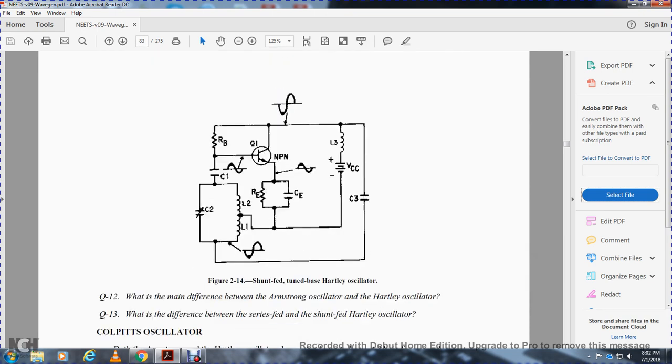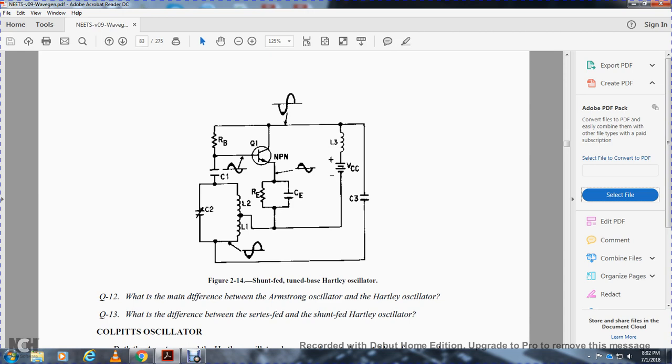Figure 214 shows the shunt-fed tuned Hartley oscillator. It shows the tuning capacitor, inductors 1 and 2, the collector current, capacitor voltage, and resistor voltage, which make up the resonant frequency. Transistor 1 has its emitter going to the voltage, common emitter, and the base goes to the resistor bias. The common emitter with the inductive coil is the same shunt-fed circuit as the